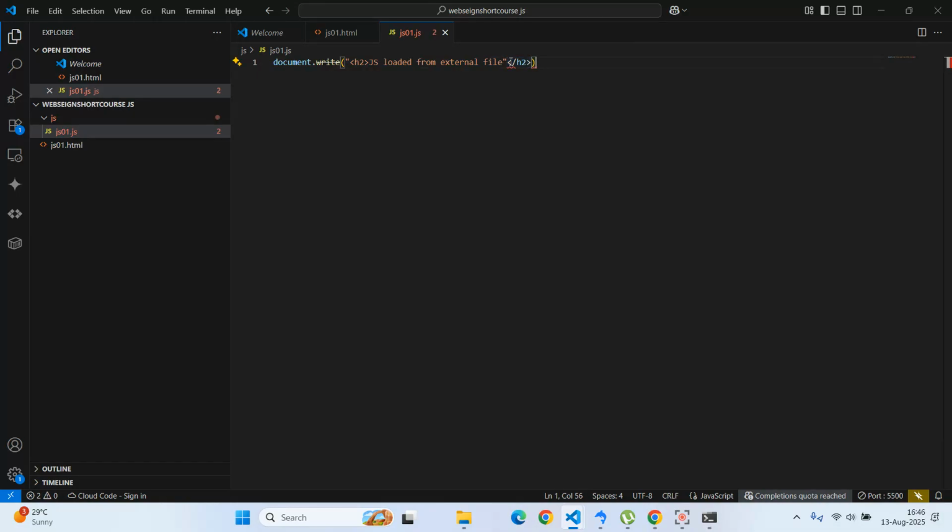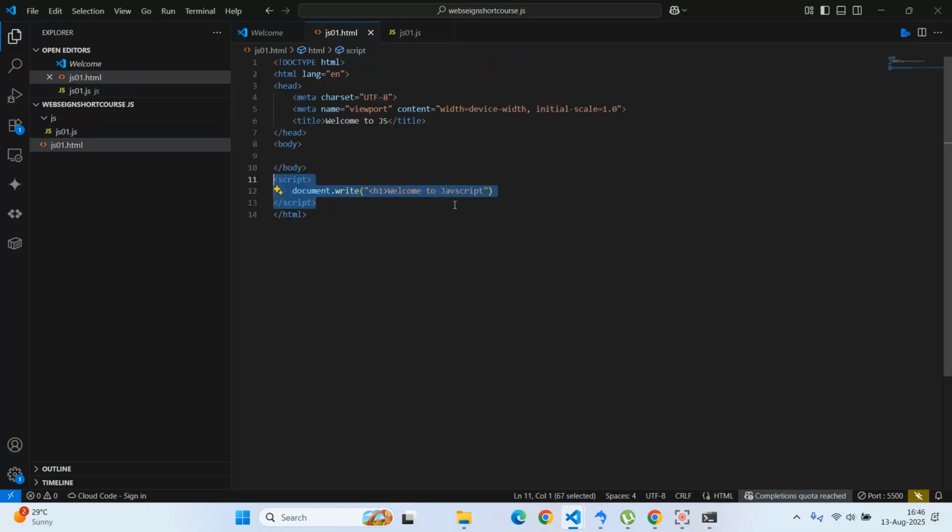I had to bring it inside here. So now I can pick this file. Instead of using this code over here, I can simply say script, then I provide the source attribute like that. Then I simply say go inside the JS folder, then get me js01.js, just like we're adding CSS. So if I come back to my page,